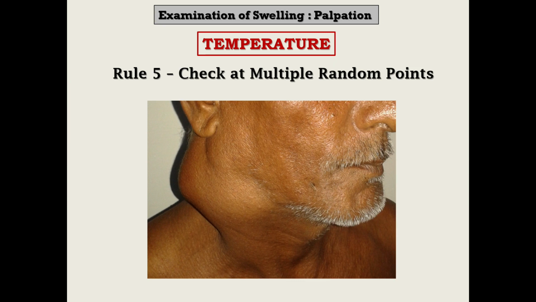Next rule, if you are dealing with a large swelling, in that case, please do not come to a conclusion by assessing temperature at just one point. Now what may happen, suppose this is a tumor and just imagine that in this part the vascularity is high, but somewhere here there is some necrosis. Now what may happen is that this part will be normal, here the temperature will be raised and here the temperature may be lower than the normal area. So this you can miss unless you examine at multiple random points. So when you are assessing temperature of a large swelling, 1 or 2 points are not enough. You have to assess temperature at multiple points.